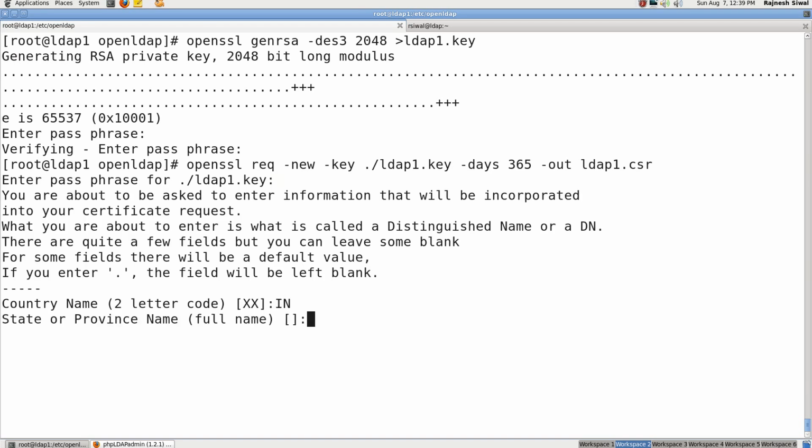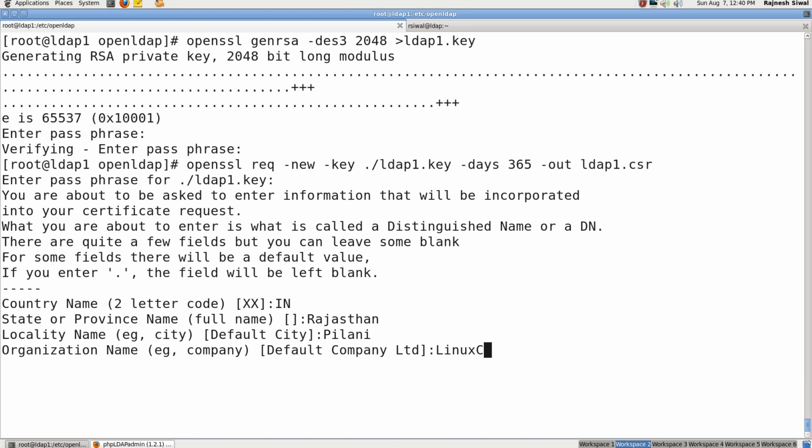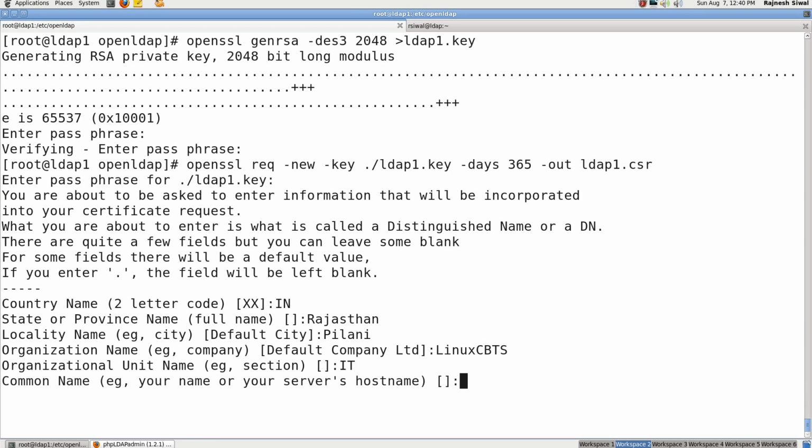Country code India, state Rajasthan, city Pilani, organization name Linux CBTs, organization unit name, let it be IT, and the common name, it should exactly match the name of the server, ldap1.linuxcbts.com.